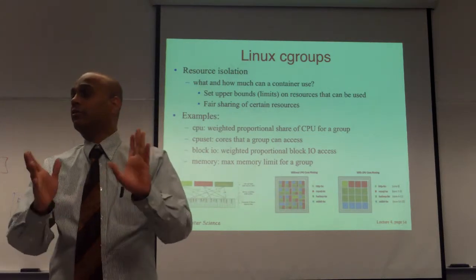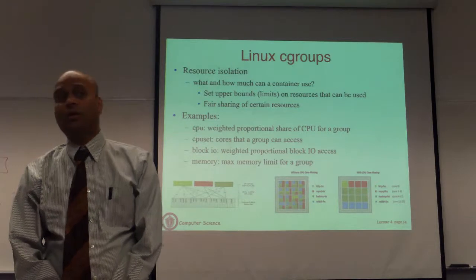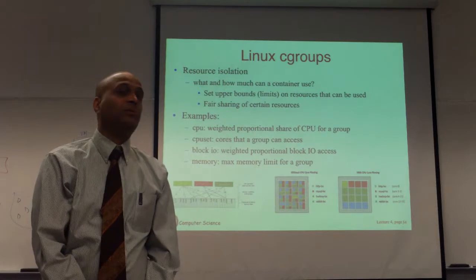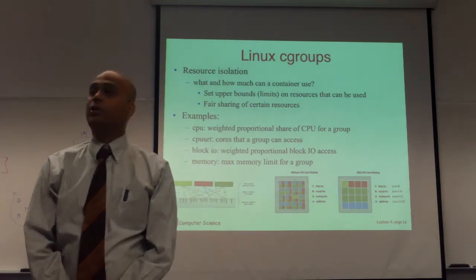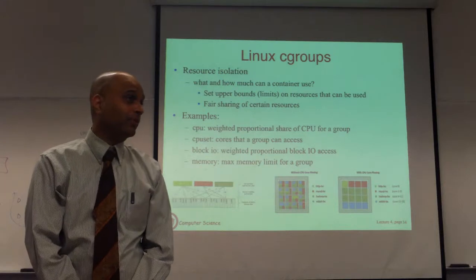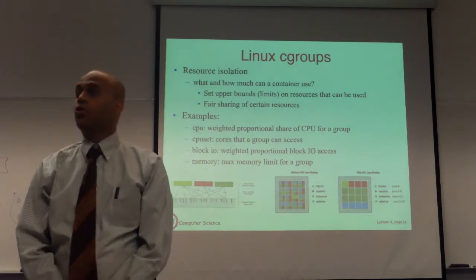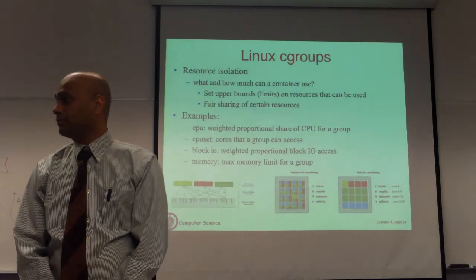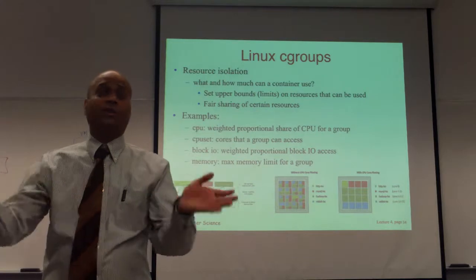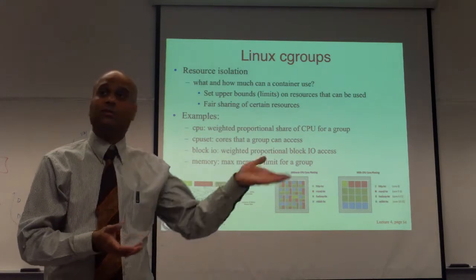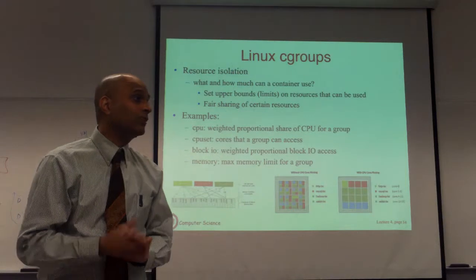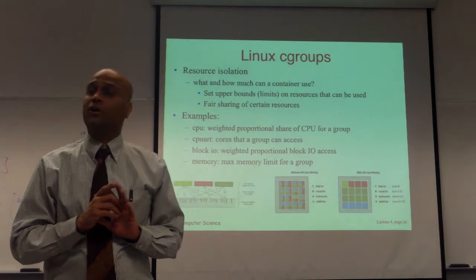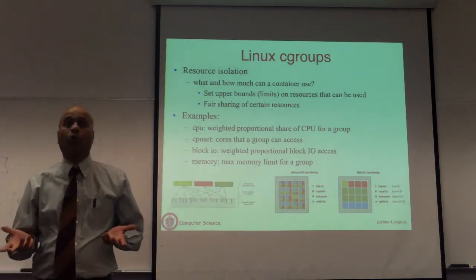Okay? You can say, give it 1 gigabyte of RAM. Okay? Even if you have 16 GB and the RAM is unutilized, if you limit that container to 1 GB, the OS will not allocate more than 1 GB to that process, no matter what else is happening on the machine. Okay? You can say, only allow it to access this part of my file system tree, for example. Okay, so then all other files on that disk, even though they are accessible to other processes, will not even be seen. Okay, this is how you are going to start sandboxing that application. You are going to limit what resources it can use. Okay, you can limit what.